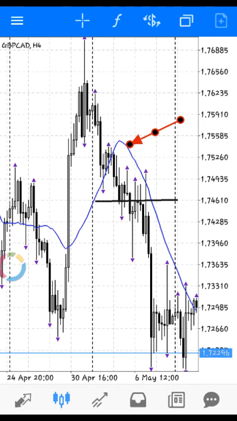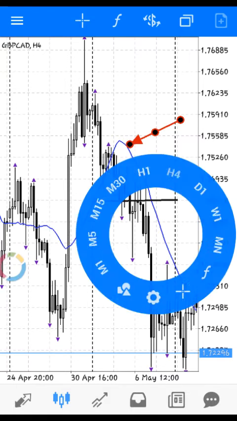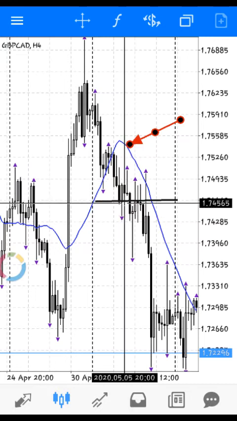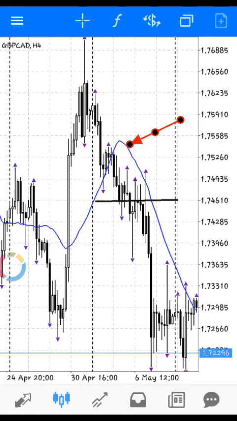If we're above the moving average, I want to continue to buy order flow changes to the upside. If we're below the moving average, like this example here, I want to sell order flow changes to the downside. So I'll just be marking the levels